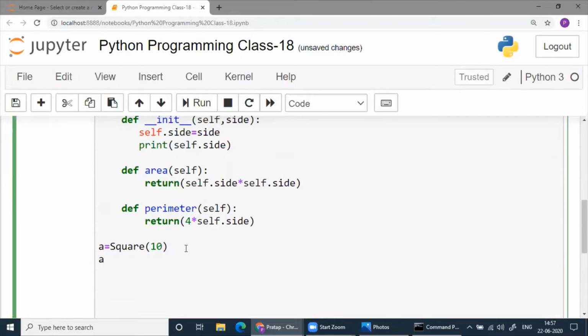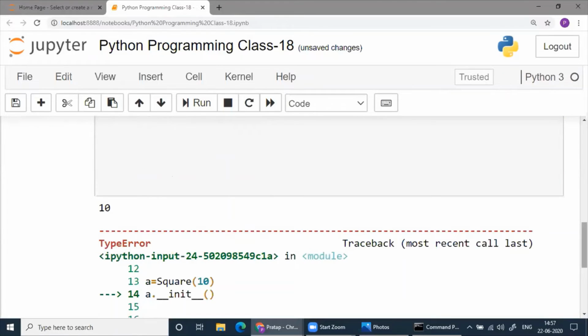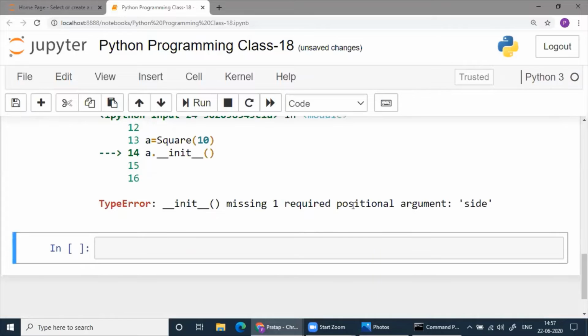a dot init. I want to call this, yeah, there is a side also here, so I have to give side. But I already created one. Now I have to give anyway. Let me run it. You see what will happen. What it says: init missing one required positional argument side.